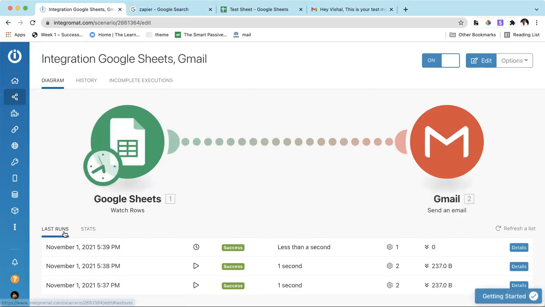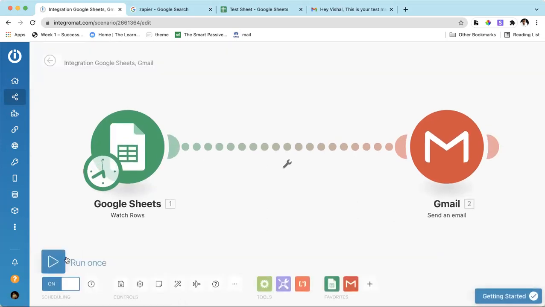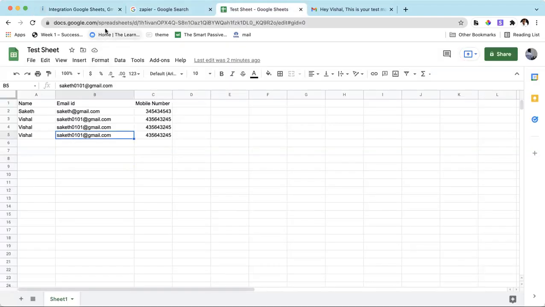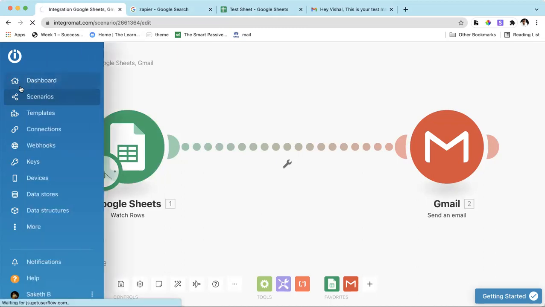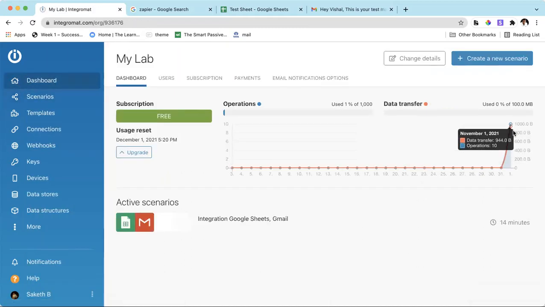Okay, when I click on run, checking Google Sheet for any new entry is considered as one operation, and sending a mail to that changed row or any new additional row will be considered a second operation. So every time I click on run once, it will take two operations in this case. Now we have clicked around 5 times, so there are a total of 10 operations executed.